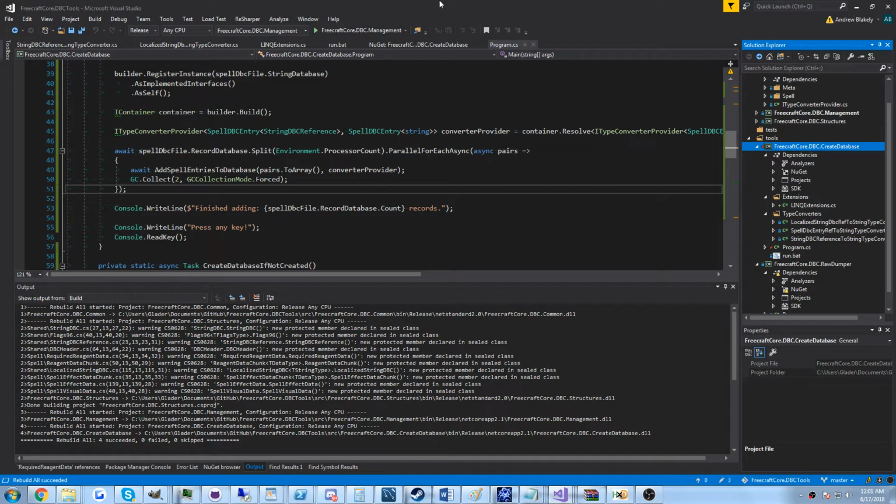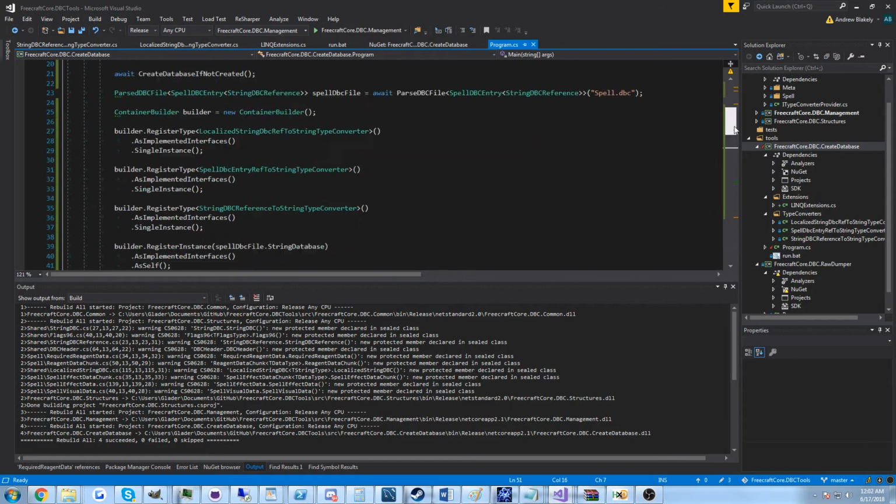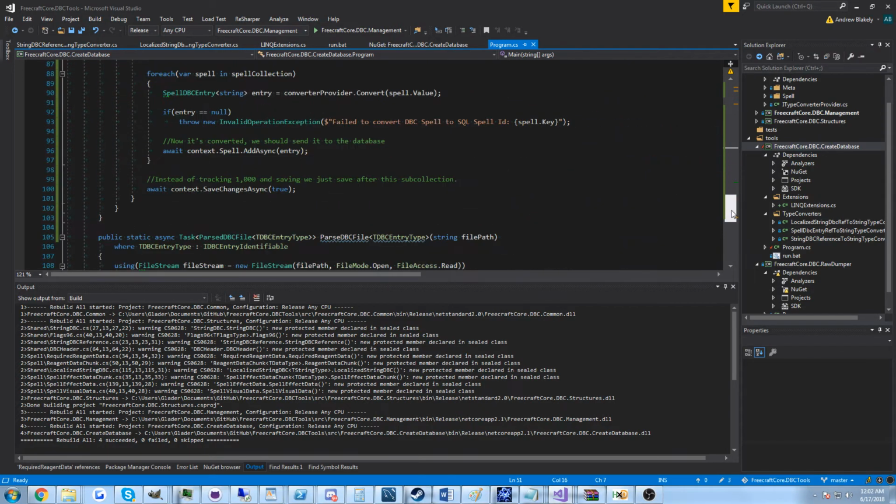I hacked together, quite quickly, a little tool that you can run which will generate the tables, plural in the future, but right now just a spell DBC table, in a MySQL database. And I'll go ahead and put up the approximately 40,000 entries up there as well. So hacked together pretty quick, not that much code,